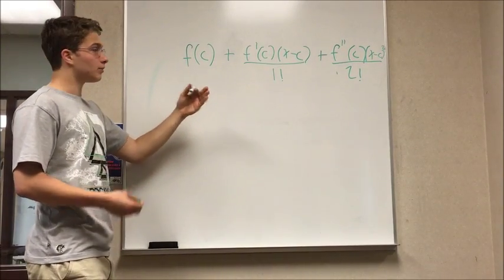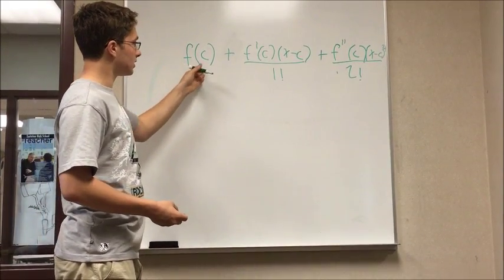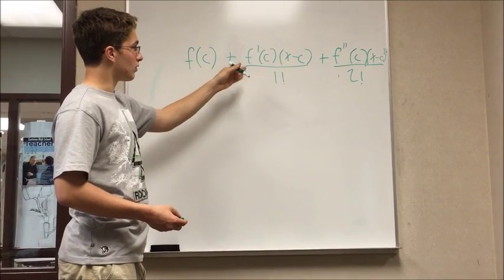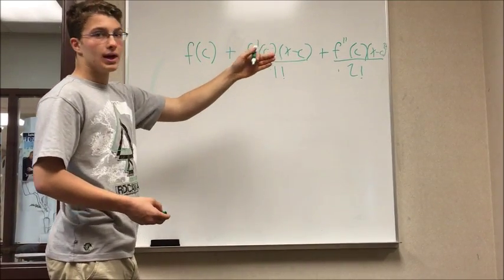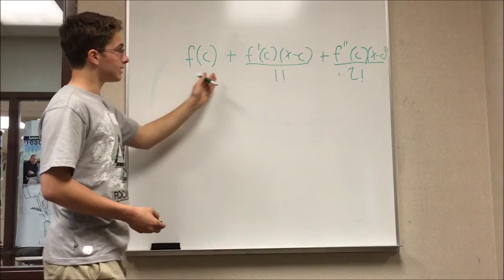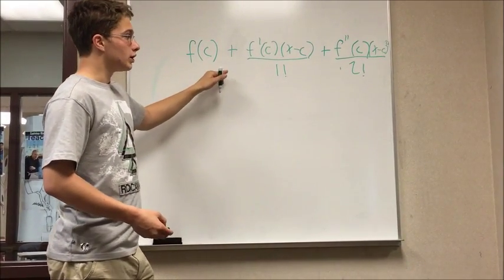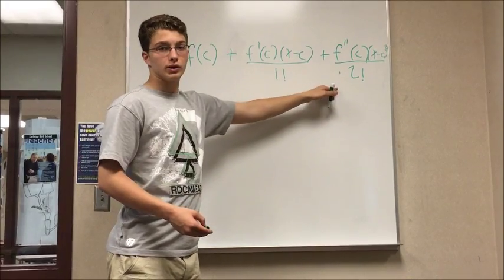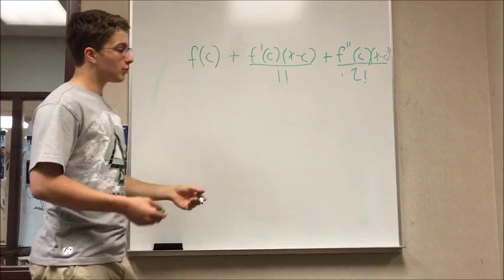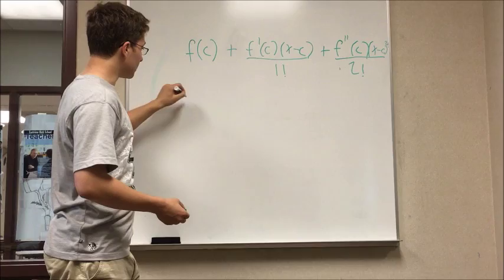Now, a pattern comes about where you increase the derivative going from 0 to 1 to 2 to 3 of the f of c. Then you've got the x minus c, which increases in degree. Also on the bottom, you have the increasing factorials going through the series. From this, we can derive a general term, being